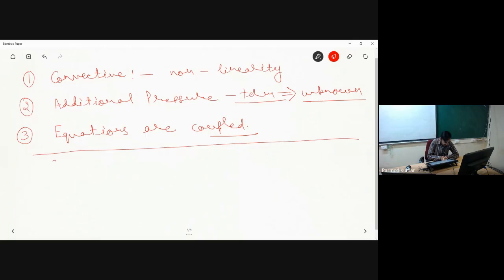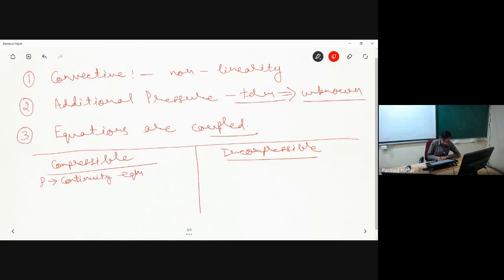So in a general sense, depending upon whether our flow situation is compressible or incompressible, we have to employ different solution techniques. Okay, so if our flow situation is compressible, in that case, I can find the density field from my continuity equation. So the solution of the continuity equation will help us in finding the value of the density field, and u and v I will be able to find from the solution of the momentum equation.